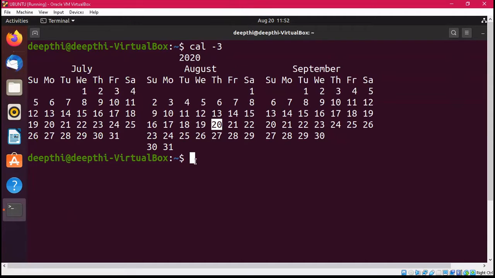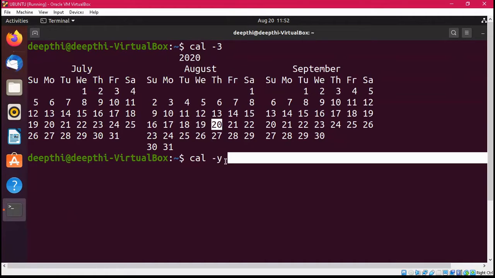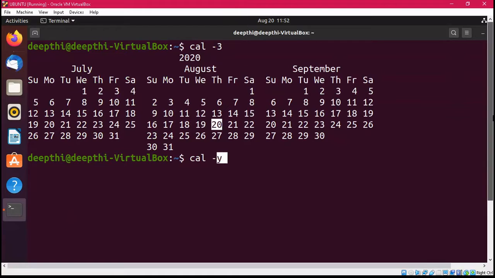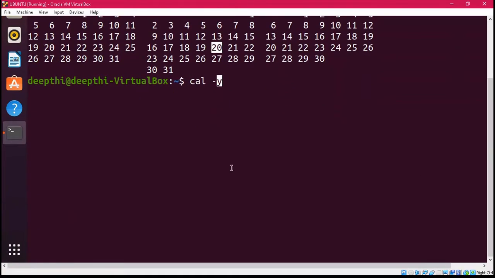After this, I have another command, that is cal space hyphen y. Now what does this y represent? This y represents year. Let's see what it is going to display. It is going to display all the months of the year. And which year? By default it will take the current year.